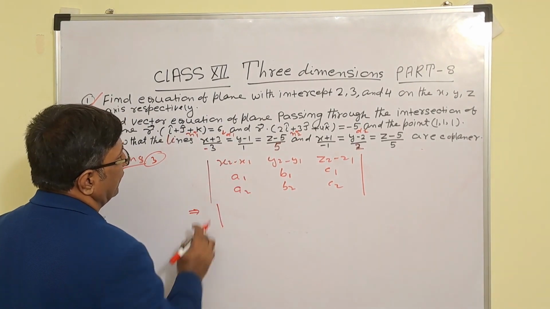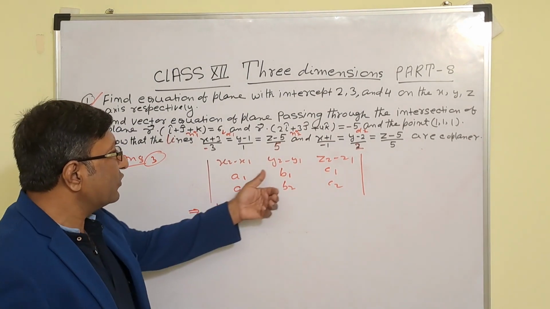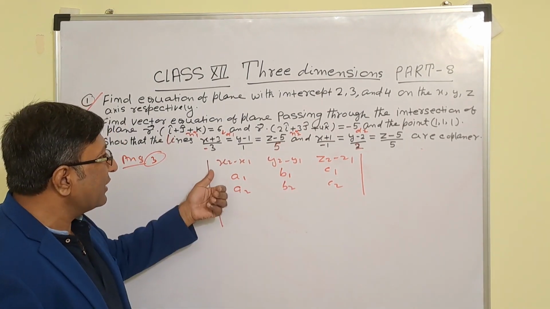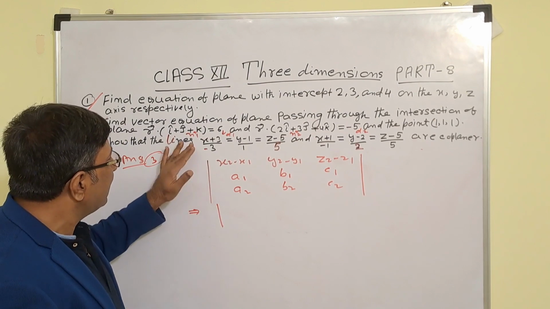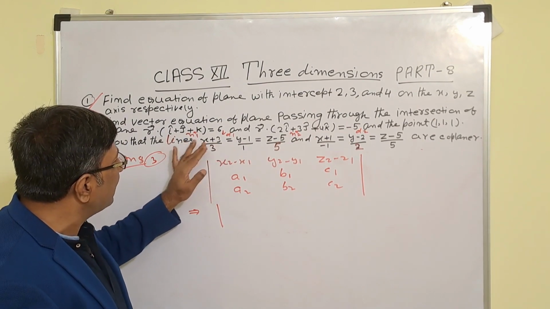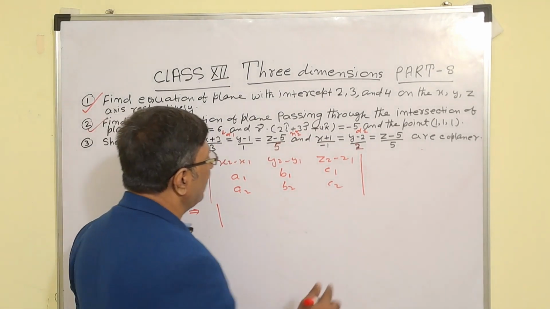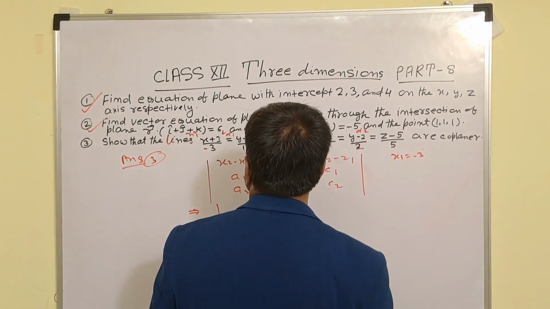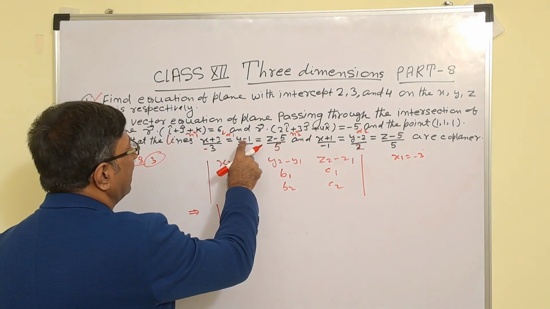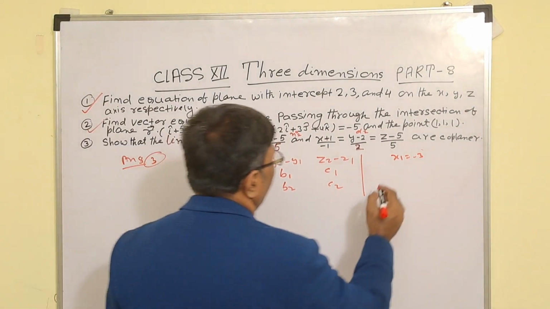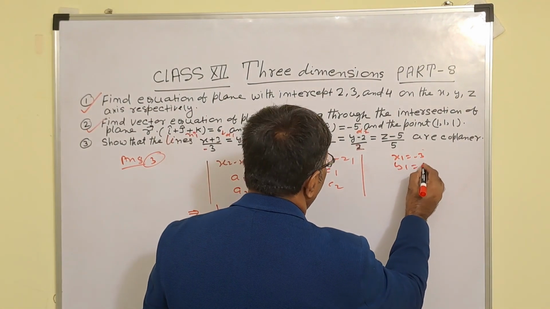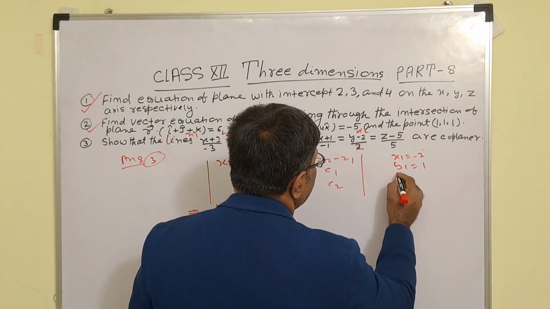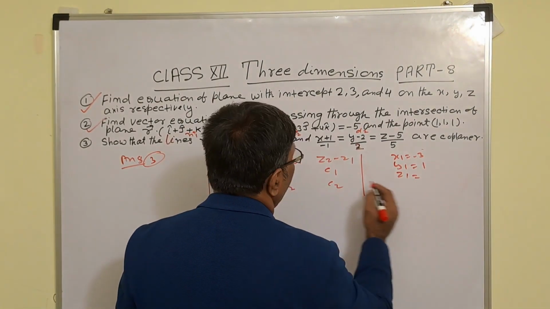x2 minus x1. First you find x1, y1, z1 and x2, y2, z2. So this is x plus 3 equal to 0, so x equal to minus 3. So x1 equal to minus 3. In the same way, y minus 1 equal to 0, y equal to 1, so y1 equal to 1. And the same way, z1 equal to